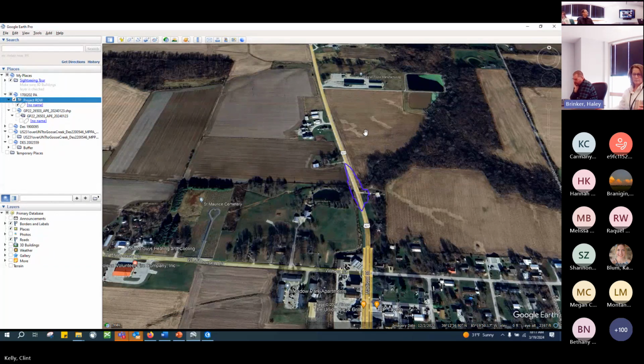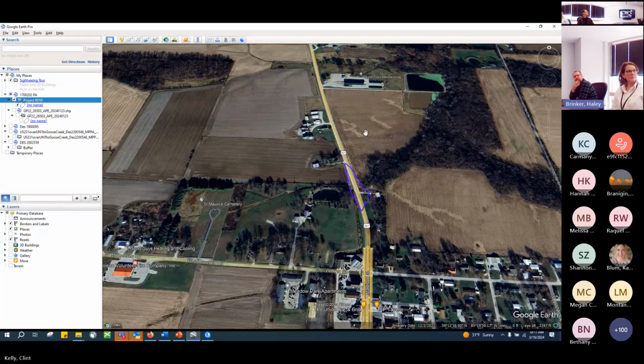As you know, the APE needs to include any properties that would have any potential effect to them. This is typically going to be through sight lines. The project scope can help dictate what the appropriate APE would be and how far to extend it.